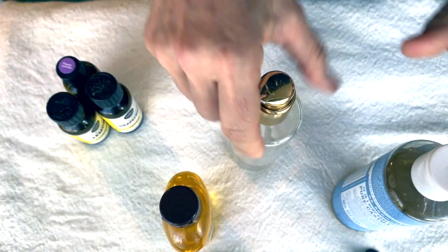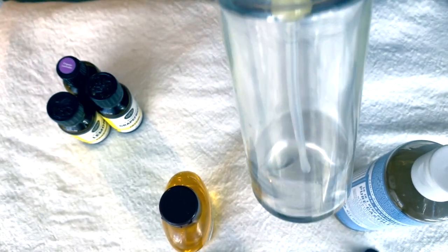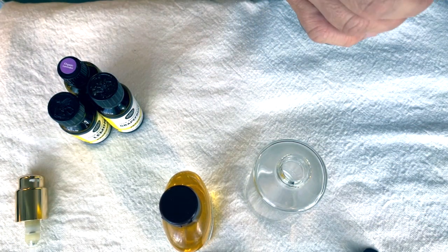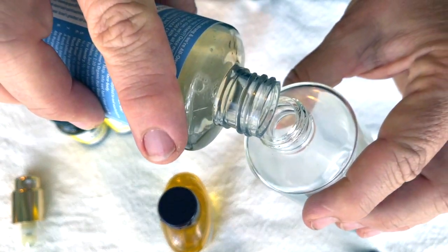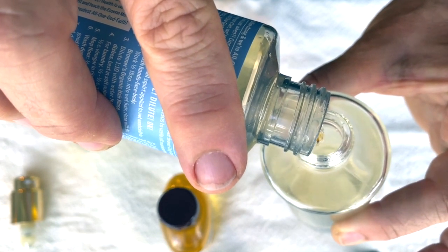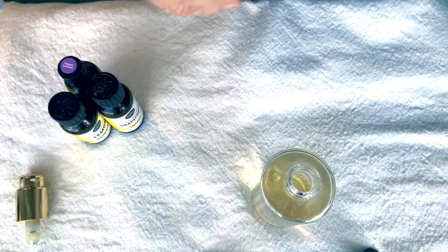And all you do is you find an empty bottle. I always like to recycle bottles. I do have a video on how to create simple ways to have a zero waste bathroom. So you just make sure that this bottle is clean, and you fill that with, it depends on how much you want. I'm going to fill this about halfway up, and I'm going to be pretty brave here, not using a little funnel, but I recommend using a funnel actually. So I filled this about halfway up with the Castile soap, and